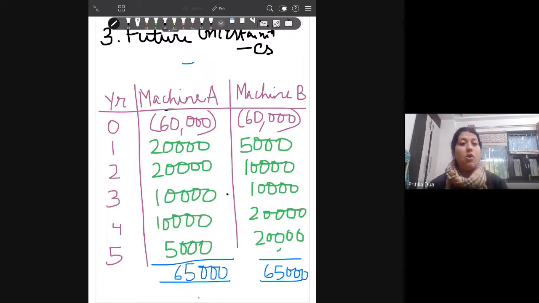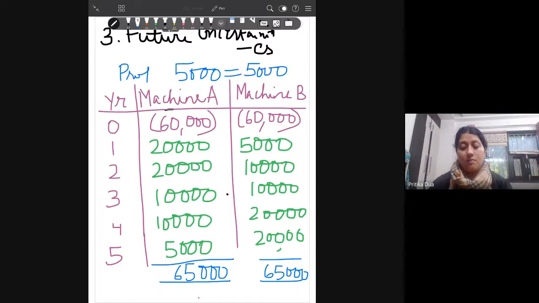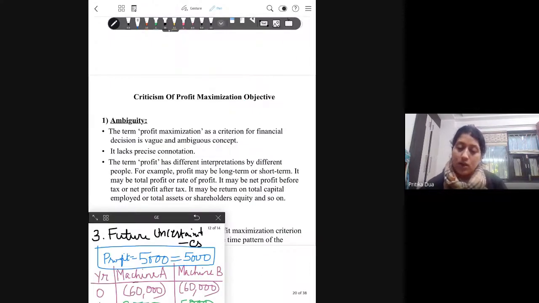But if we talk from the perspective of profit maximization, what is the profit of both machines? 5,000 rupees. So from the concept of profit maximization, both machines are the same. But according to the real case, machine A is better than machine B, and this turns out to be one of the biggest drawbacks of profit maximization as a concept. Okay, moving back to the next